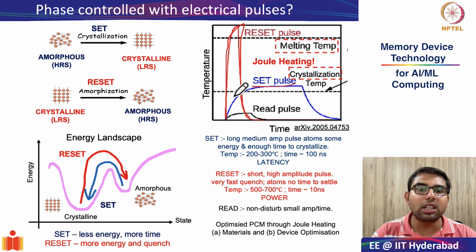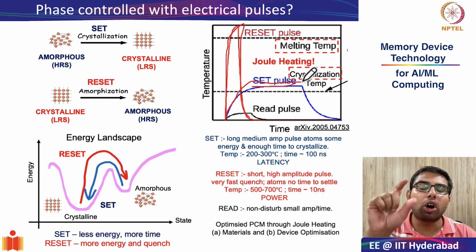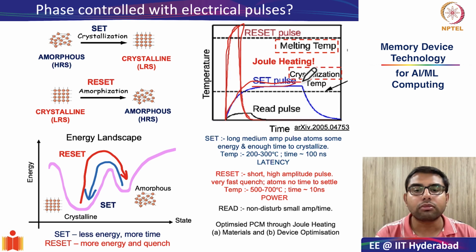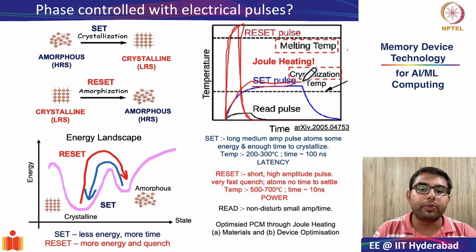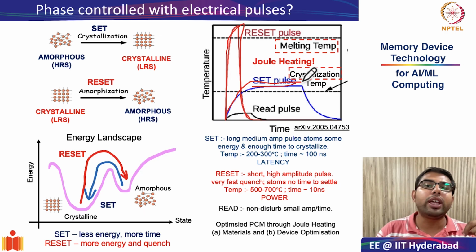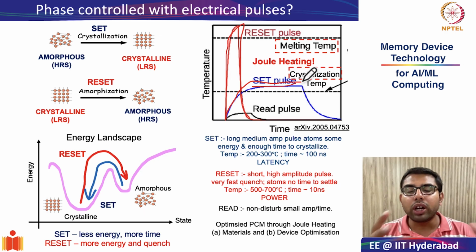Whereas the set cycle is characterized by a pulse of medium amplitude but very large time. So you give it enough time for your crystalline state to set in. With this, we finished our basic understanding of the working principle of PCRAM,